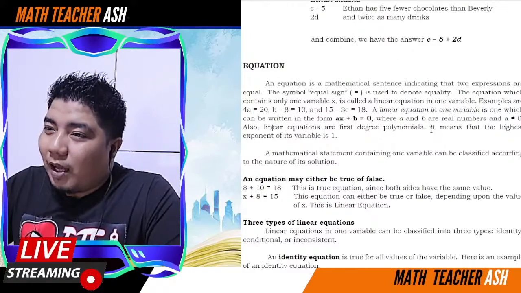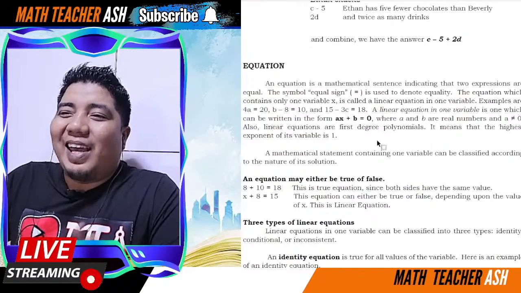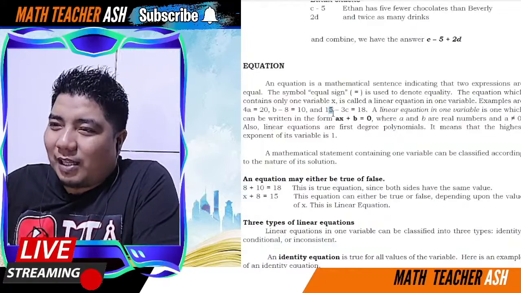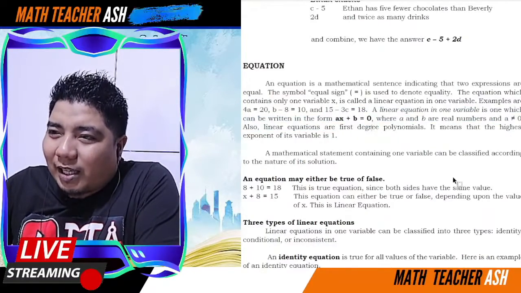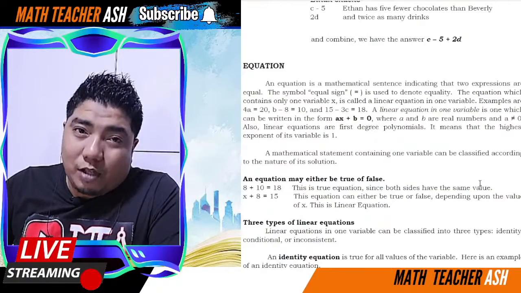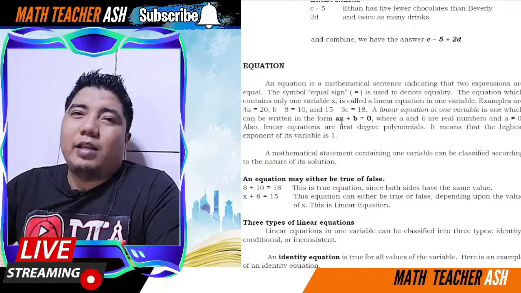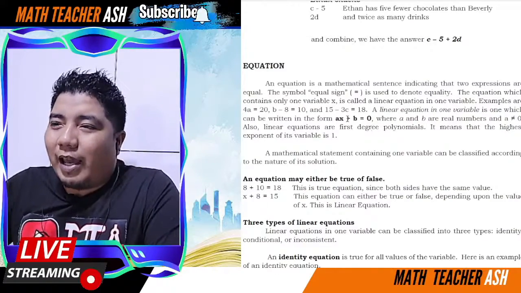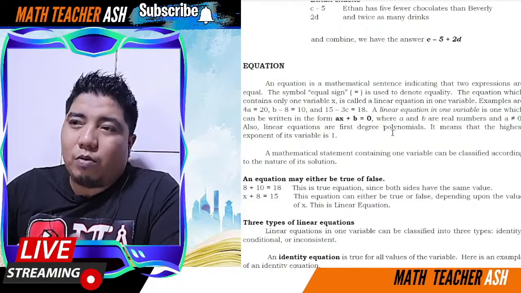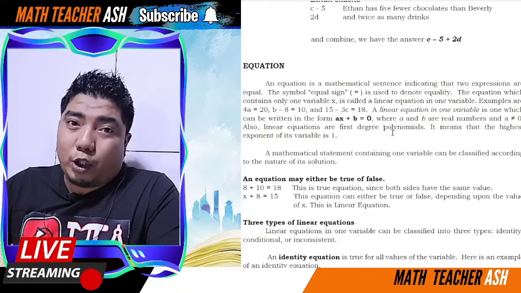Alright. So, a linear equation in one variable is one which can be written in the form ax plus b is equal to 0. So, ito yung standard form niya. Okay? ax plus b is equal to 0, where a and b are real numbers and a should not be equal to 0. Bakit? Kasi kung mag-0 si a dito, mawawala ang value ng x. Therefore, magkakaroon ka ng b is equal to 0 na form which will give you a constant equation